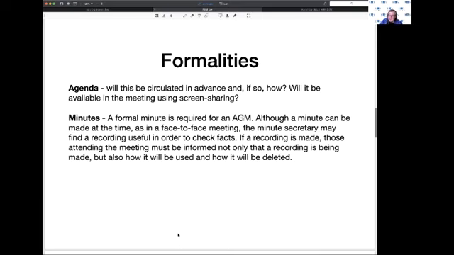if you're wanting to show the agenda. I said a minute or two back that a formal minute is required for an AGM, and this is a legal requirement that there should be minutes of a meeting, and those minutes need to be approved at the AGM the following year. And though it is quite possible for somebody, particularly if you've got a skilled typist or shorthand taker, to take some kind of minutes on the spot.